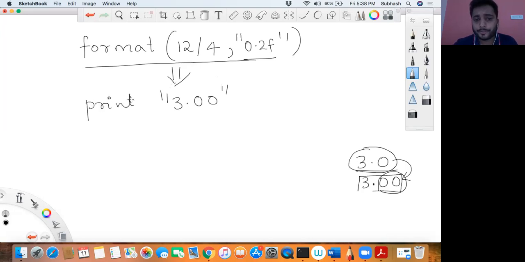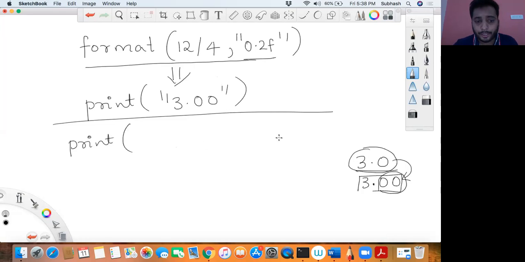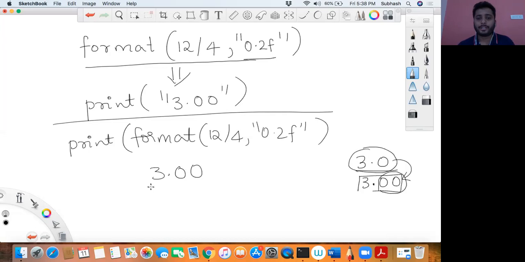So instead of writing it in two steps like this, I will put it into one particular format. I would say print, and within this I will use the format function: format 12 divided by 4 comma 0.2f. When I print this, it will give me 3.00. Did you understand this?